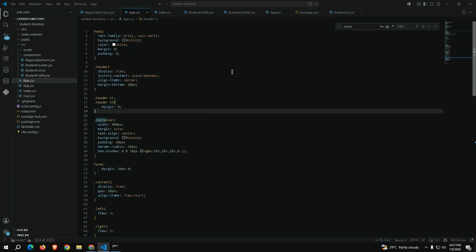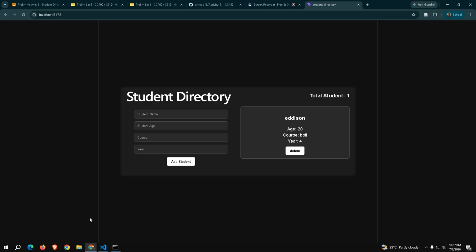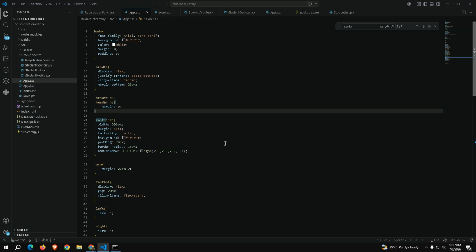So we have body, font family Arial, sans-serif, background color, padding, and margin in order to consider the header.